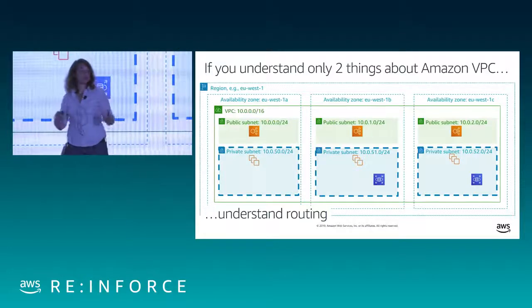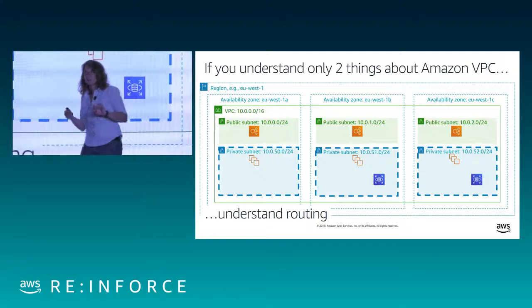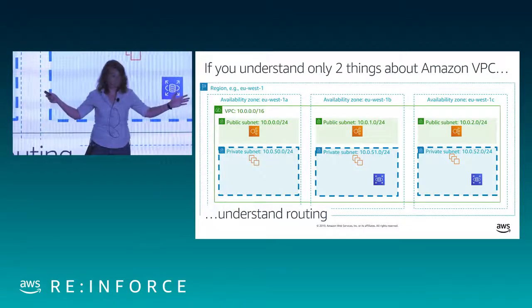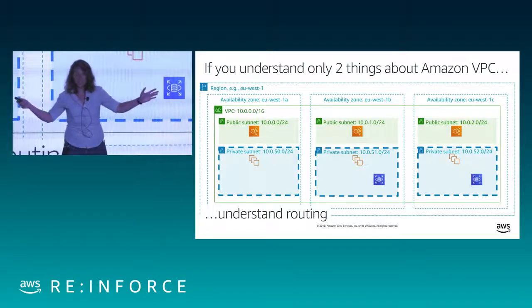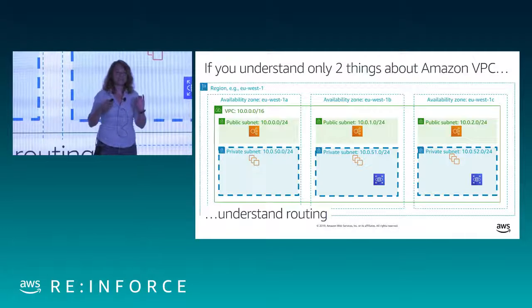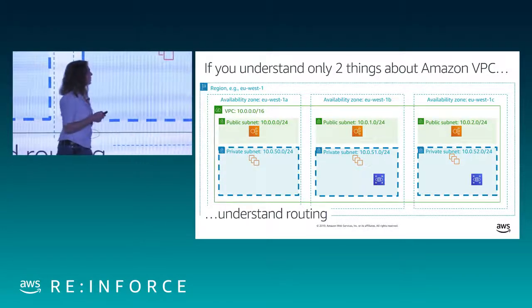But it is often the case that you want parts of your network to be what we call public and parts to be private. Now, don't get the wrong idea from the word public. The word public doesn't mean that it is exposed to the internet. It's not exposed to the internet unless you wrote a security group that exposes it to the internet. Rather, it has a route to an internet gateway.